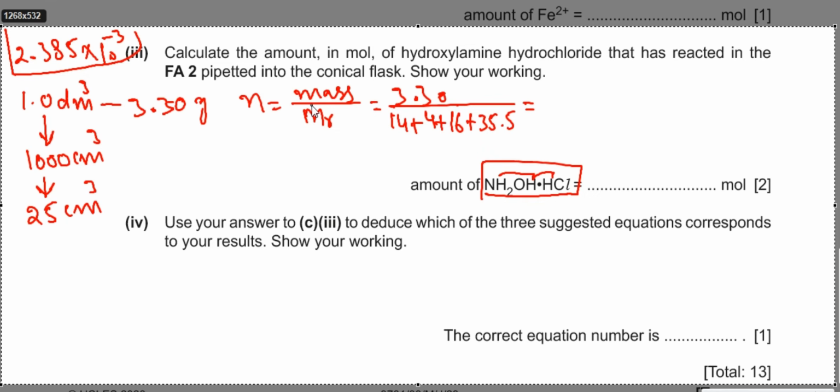plus 4 plus 16 plus 35.5. So the answer is 69.5. Okay, then 3.30 divided by 69.5. So the answer is, yeah, it's correct,